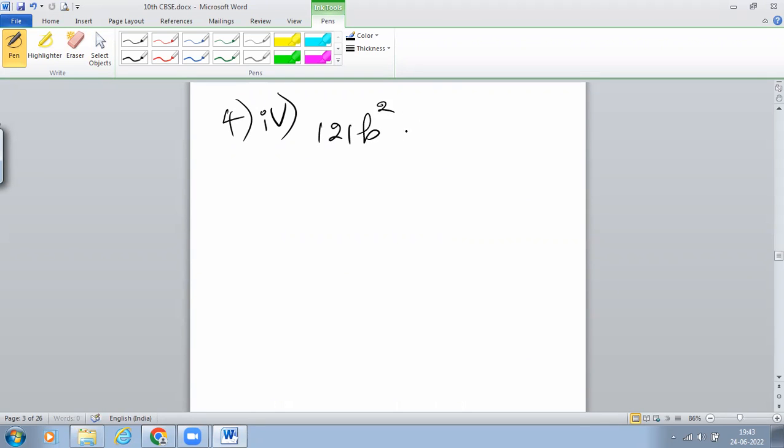121b square minus 88 into b into c, that is 88 BC, plus 16 C square. Now, before starting this sum, I want to tell you an algebraic identity that you have already studied in 9th standard. That is